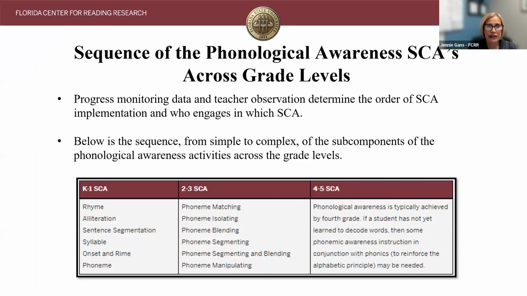You will also see examples of how we vertically align our activities. So what are examples of a sequence of activities that could be used from K and 1 into 2, 3, and then into 4, 5. So folks that are doing vertical planning or planning across the grade levels, this is a great thing to come back and look at. You can say, okay, well, this is kind of what 2 and 3 is working on, and this is what K and 1 should be working on in this task. So these are also scattered throughout.